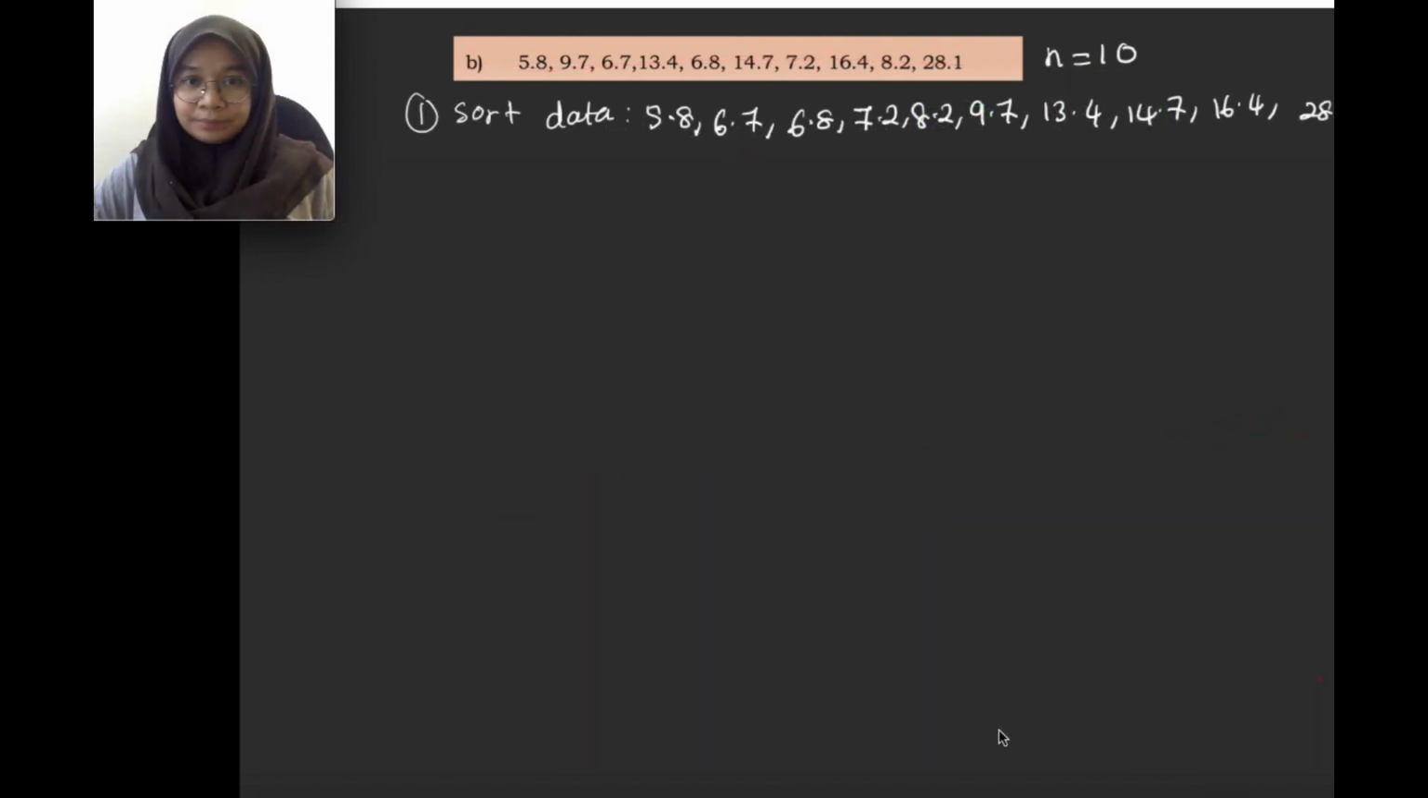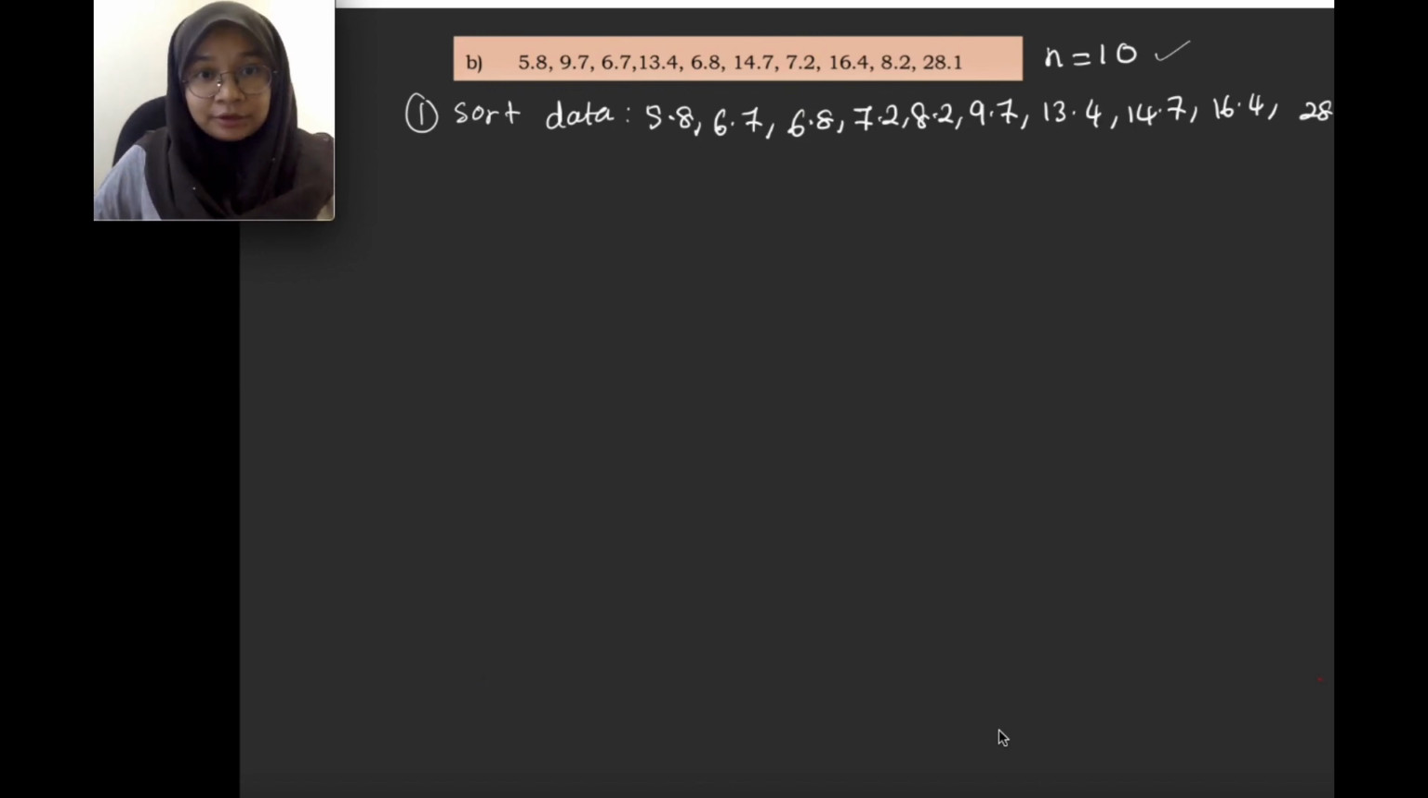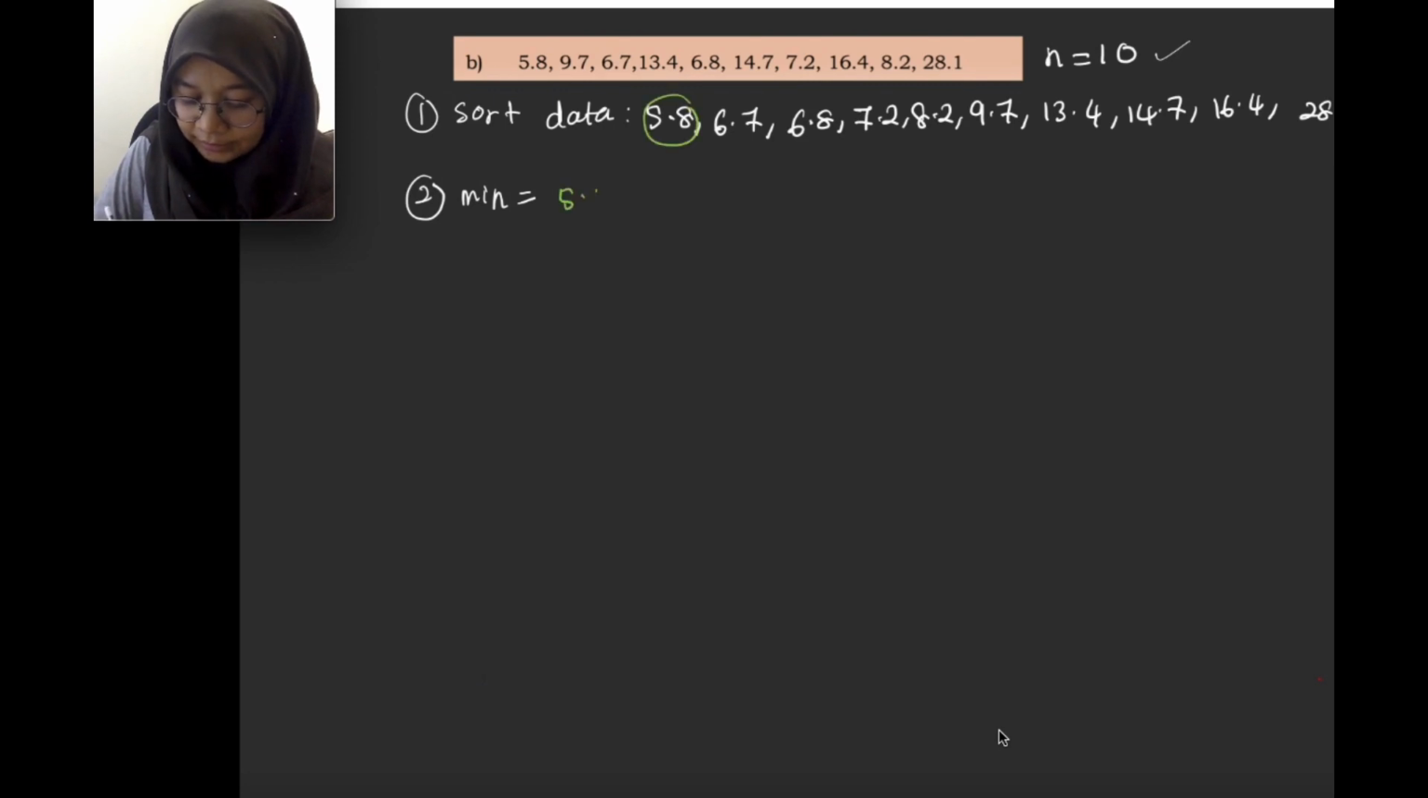B, draw the box plot for this data. If you count the number of data, the sample size n equals 10. So the first step, you must sort your data. I have sorted my data already. Step number 2, find the minimum value. The minimum value is 5.8 and the maximum value is